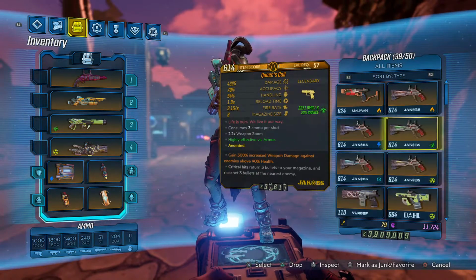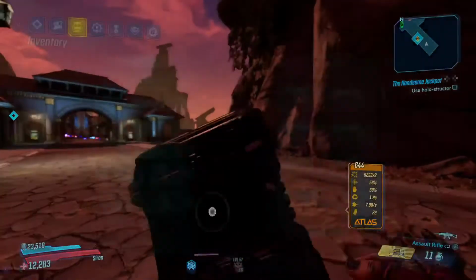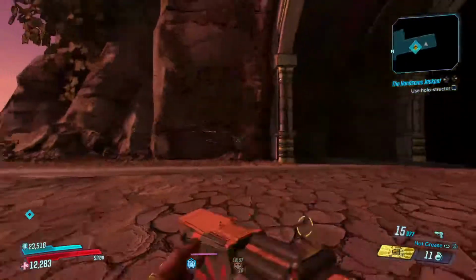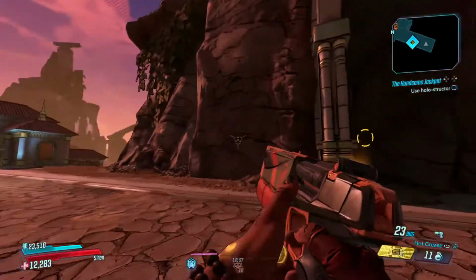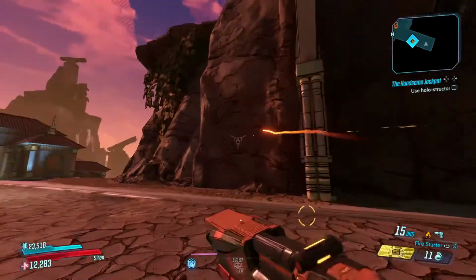Now in this build, I've also got a grease trap because this is actually pretty good. Let me show you real quick. The grease trap has two modes. One, the hot grease mode, and the first one actually is the fire starter. If you're playing co-op, someone can just use the hot grease and someone else use the fire starter to